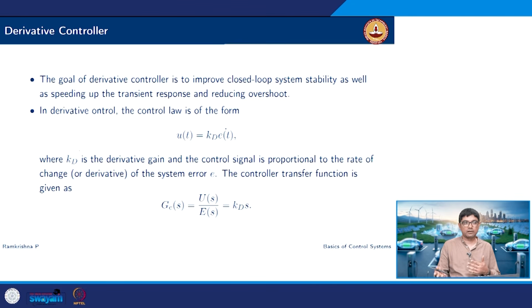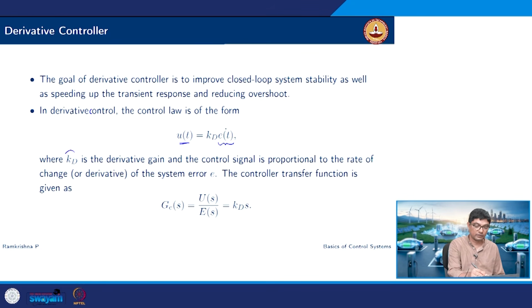I did take care of the steady state performance via the integral control action. What happens to my transients? How do I control my transients? The goal of the derivative control is to improve closed loop stability as well as speed up the transient response. In the derivative control, the control law is just a derivative of the error signal,